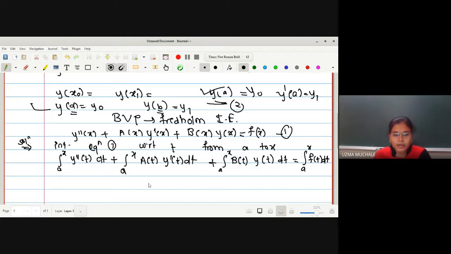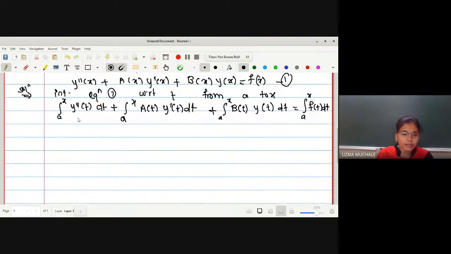Okay, now we cannot do anything about these terms because we don't know a, b, and f. So we will keep them as they are, and then we have to solve this equation, right? What is the solution of this? Y double dash means what? It is nothing but d2y by dt2, in terms of t.